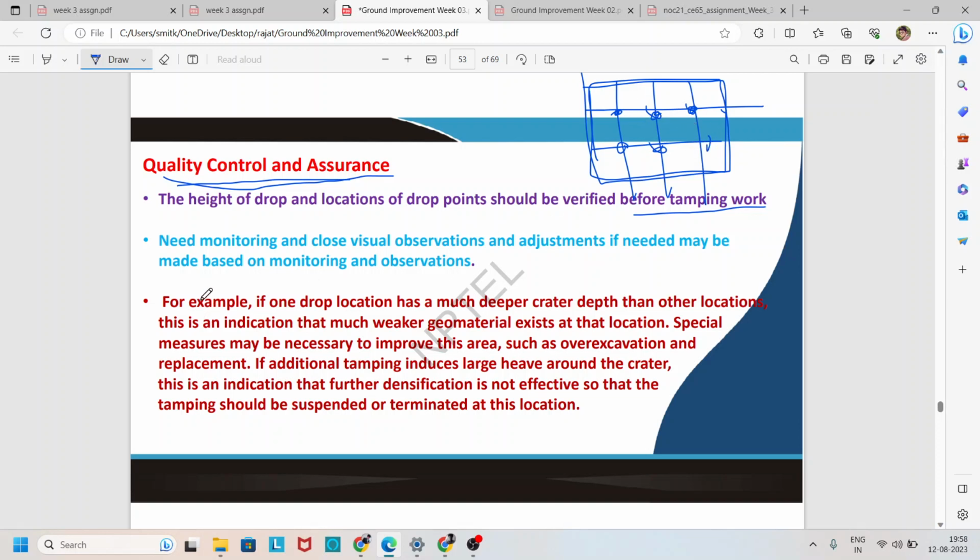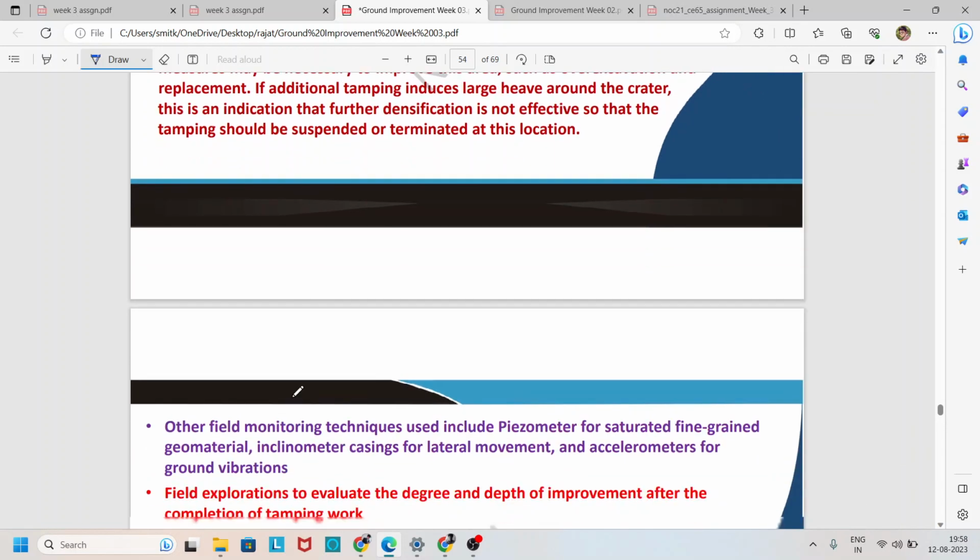Then we also need monitoring and close visual observation, and decisions are made based on the monitoring and observation. For example, if one drop location has a much deeper crater depth than the other locations, this is an indication that much weaker geomaterial exists at that location. We already discussed that if the ground resistance is less, the temper easily sinks into the ground. So we can easily identify whether weak geomaterial exists or not. Like that, special measures may be taken to keep it safe. And in the next point,